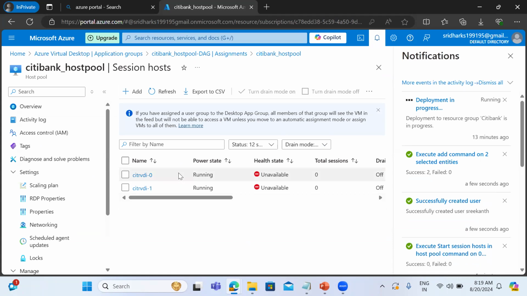So these two machines are still creating. So this user entitlement also we can do. So those are still creating. So once it comes to available state,